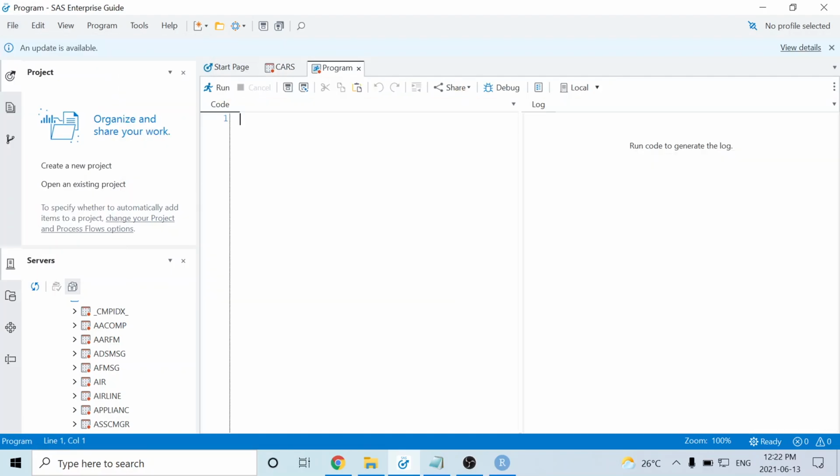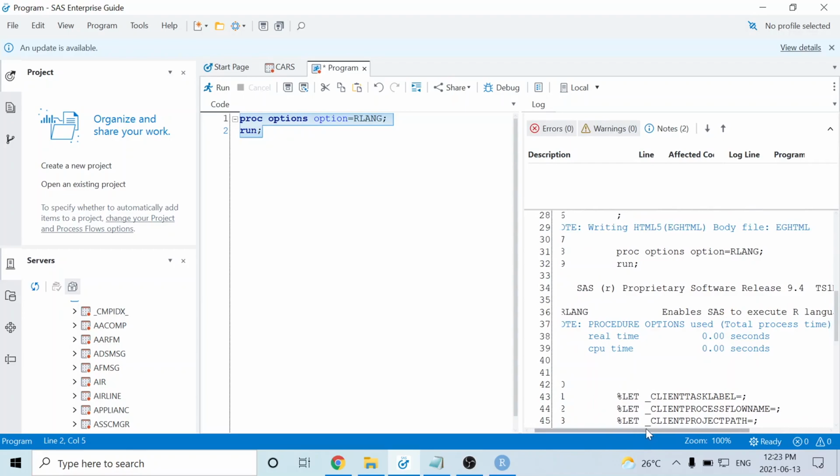And anytime you create a new program in SAS that you want to use R in, the first thing that you need to write is the following: proc options, option equals RLANG, and then run. From here, you're going to want to run this and make sure that the configuration file was actually properly set up. So what I'm going to do is I'm going to run this bit of code,